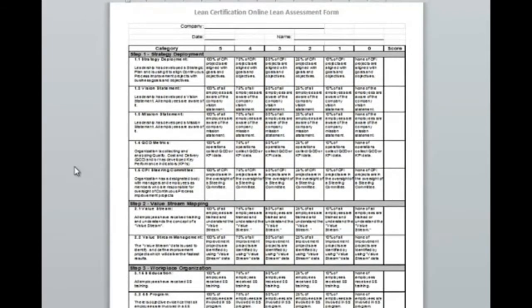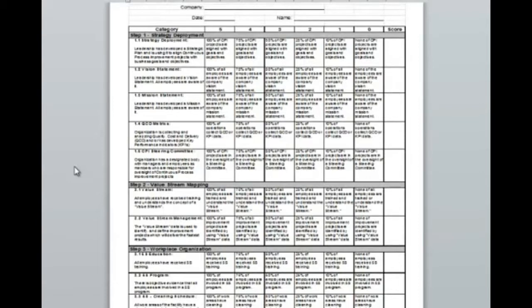Here's the lean assessment form. What the lean assessment form really does is take you through the 10-step model and give you the ability to do an assessment on a work area or on a complete facility. It really depends upon the size of the organization that you're working with. If it's a big organization, then you need to break it down into smaller chunks, smaller work areas, and usually they're very well structured in that way. If it's a smaller company, then you can probably do an overall assessment